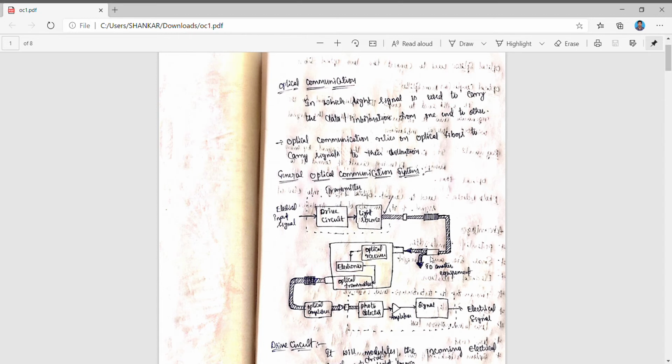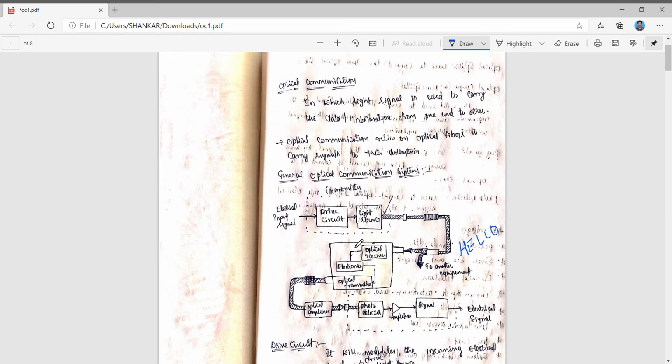Split means we are not destroying the signal. We split the signal with different intensity levels. Whatever data we transmit will be transferred to all the receivers. Suppose we are transmitting the data as hello. Here the data will be transmitted to all the receivers with different intensity levels, without destroying the information, and it will reach all the receivers.